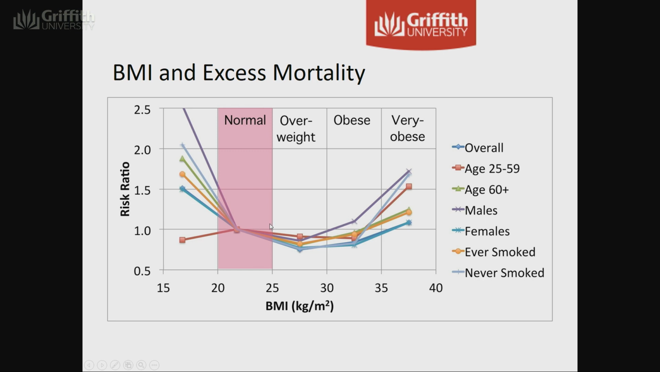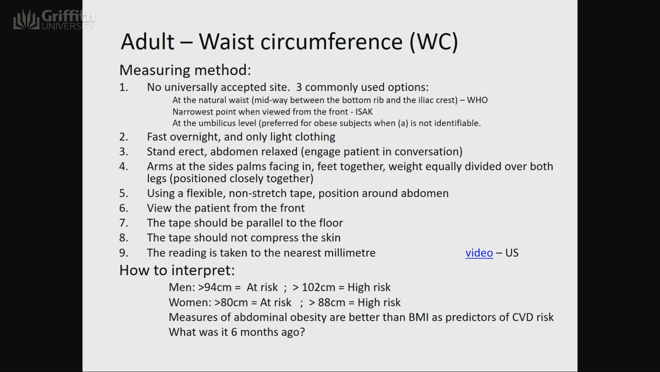We have a range of those factors compared to the overall value here in a range of other factors, like whether the person smoked or never smoked and so on. So this data can be broken down and pulled apart depending on risk factors. Waist circumference,